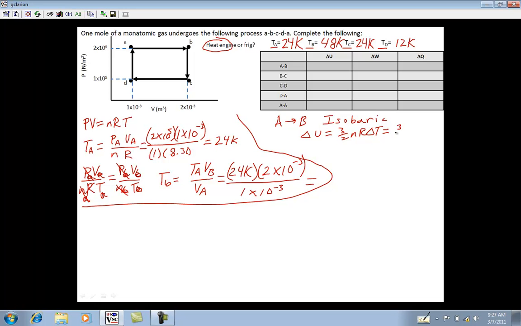Remember, 3/2 PV. Yeah, 3/2 P delta V. And for delta Q, remember, that's 5/2. I kind of briefly showed you that it's 5/2 P delta V, and we also know that delta W